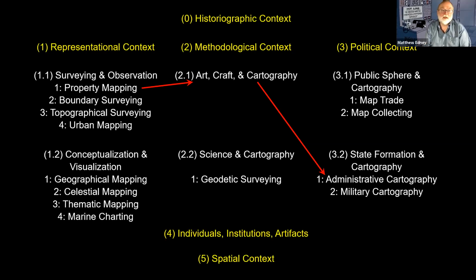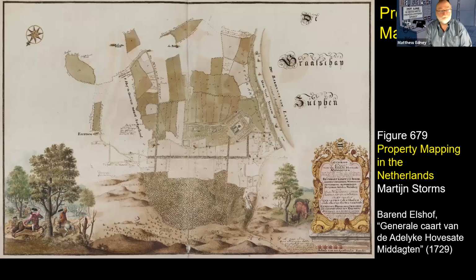In this take, we can start off with property mapping, which actually begins as a very private act by landowners to map their own property. So there's the art and craft of surveying property and so on. But over the course of the 18th century, property mapping gets adopted as a technique of the state as a way to help regularize and collect land taxes, money. So we have a classic estate plan. This is out of the Netherlands,